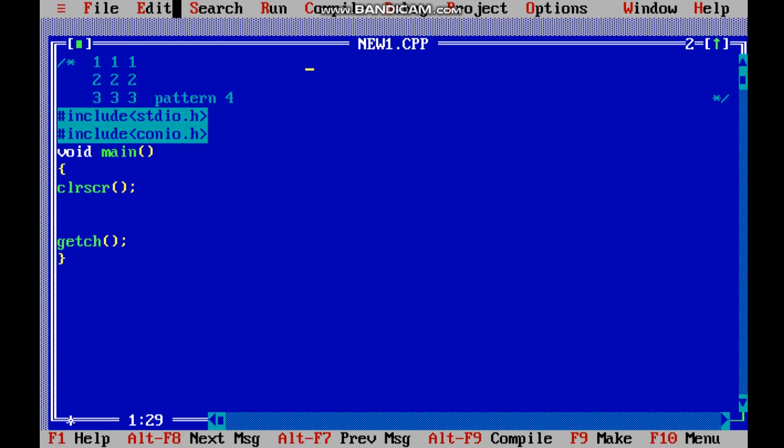Welcome guys. Now we have a question that we need to print 3 ones, 3 twos and 3 threes. So in the first row we have to print 3 ones, and in the second row we need to print 3 twos and 3 threes in the third row respectively. Okay, now as we know, this is our 0th row, this is our first row, and this is our second row, and this is our 0th column, 1st column and 2nd column.